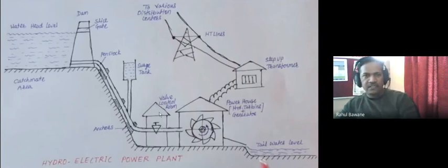Disadvantages: as I said, if it collapses, there is a huge loss of property as well as life. Second drawback is that it requires a huge land. You may have read somewhere in the news that migration is there. So we have to shift the locality nearby this dam erection zone. We have to shift the whole village to some other place. Okay, so that also requires cost. Secondly, dam erection itself requires a huge cost. So the initial cost is very high.